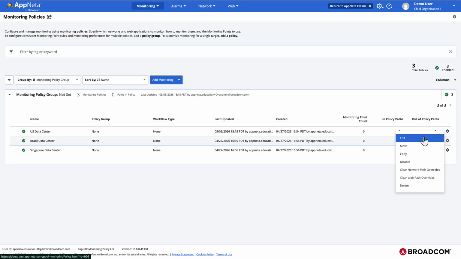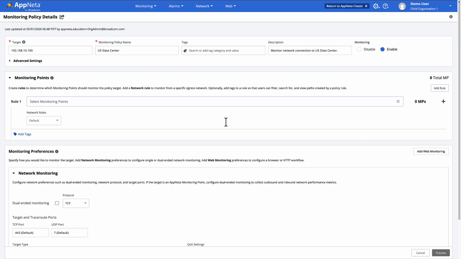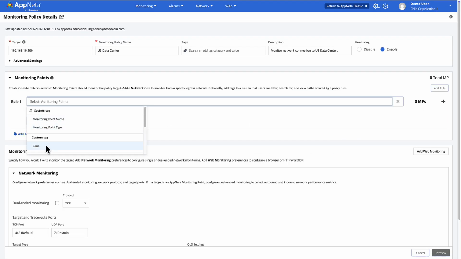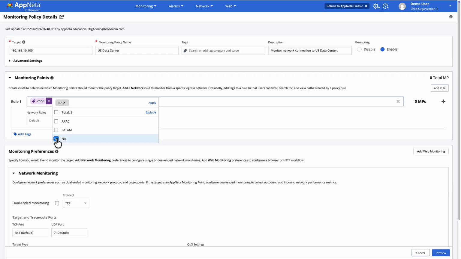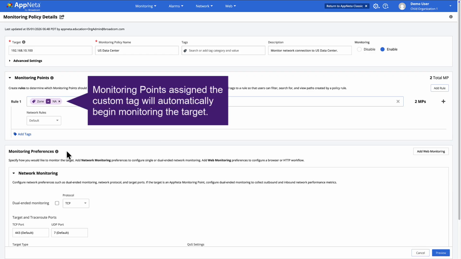Now, in a monitoring policy, we can add a monitoring point rule to include any monitoring points with the custom tag. Any monitoring point assigned the custom tag will automatically begin monitoring this target. And since paths inherit their source monitoring point tags, we can also use the tag to filter alarms and other